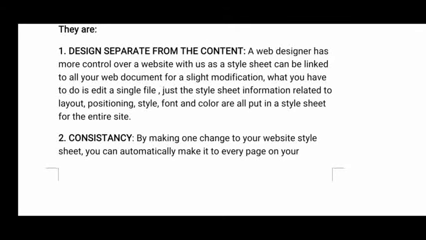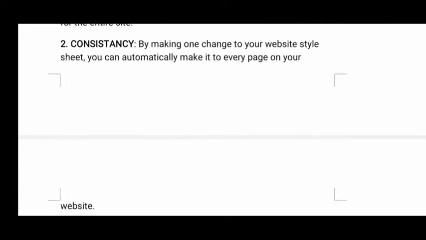Now, consistency. Consistency means it's a unique thing. See example, in one web page you have 10 paragraph tags. First, for all the paragraphs I have given some pink color. After some time, instead of the pink color, I want orange color.